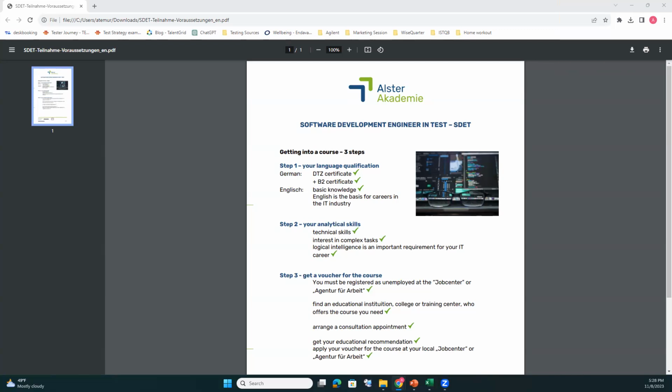Okay, thanks for the answer. And I have one more question. Sure. In another Ukrainian or Russian, I don't remember, course in Germany, they wrote that the starting salary in QA in Germany is 45,000 euro per year, brutto. Is it right?